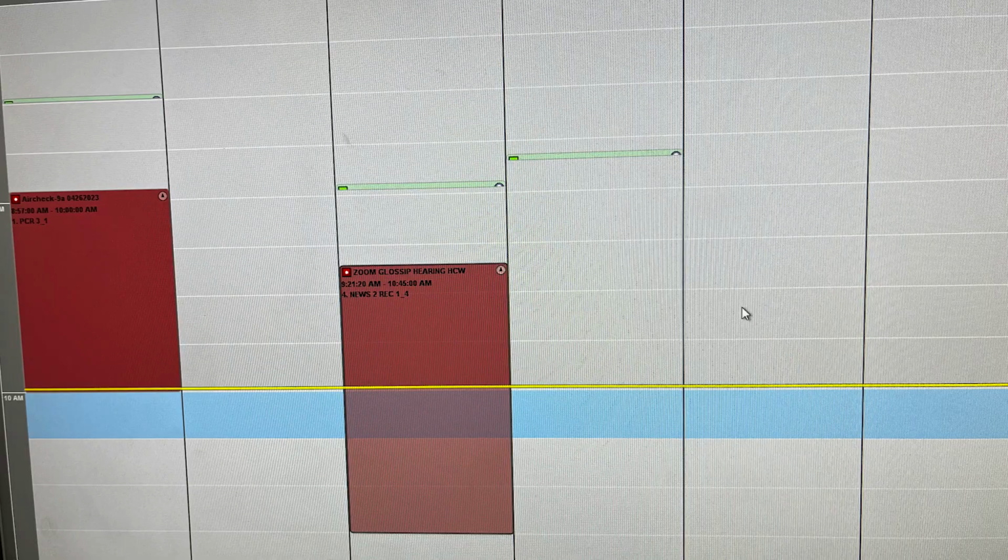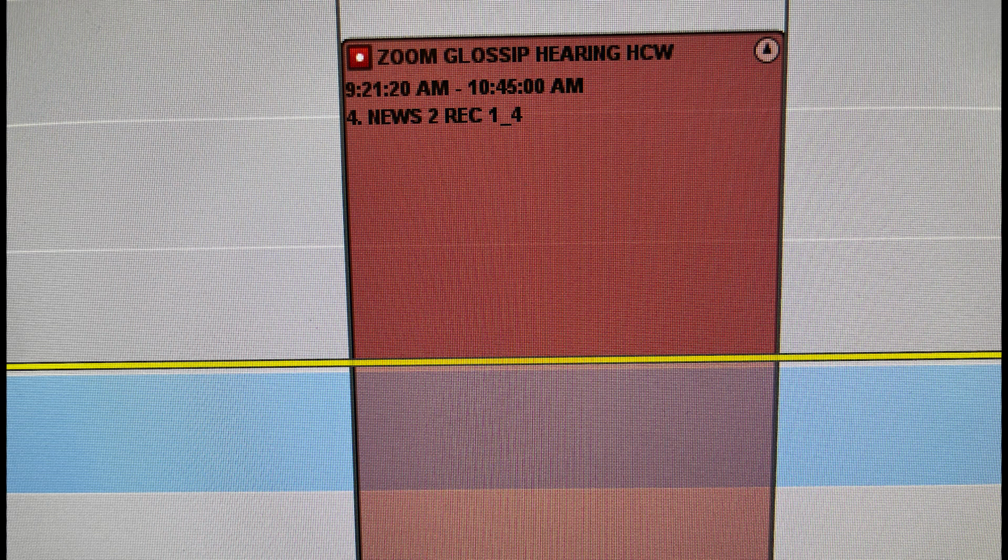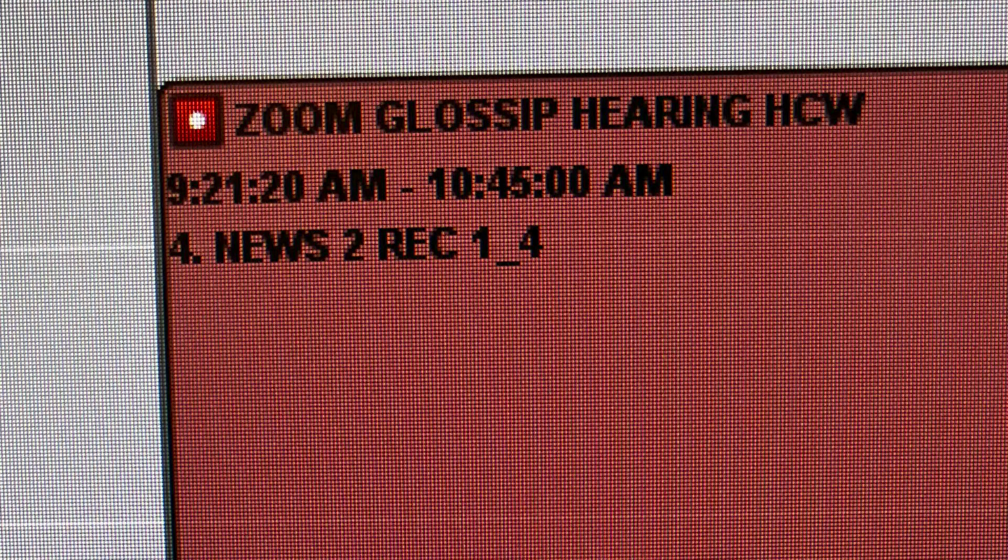Before you get started though, you need to check the record screen, the capture computer screen, and look at anything that is in the red and is recording. When you look at one of those recordings closely, you're going to see numbers, and it's going to say, such as this, 4, News 2, record 1-4. What those numbers mean, the first number 4 is irrelevant, don't worry about it. News 2 tells you the destination that you are recording. Record 1-4 is just saying it's recording to airspeed 1, port 4. Those are irrelevant. The News 2 is what you need to worry about, or News 3 or News 4 or